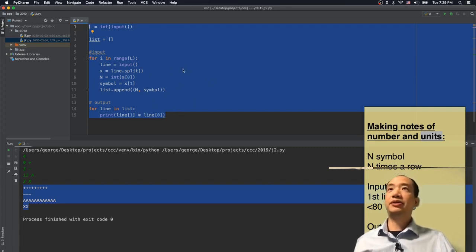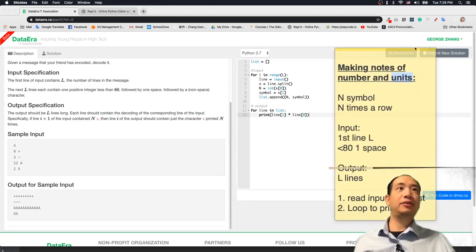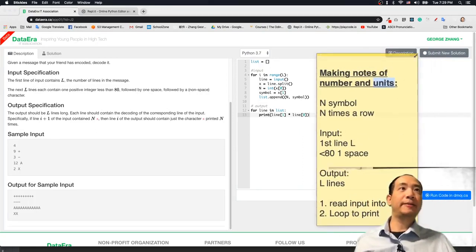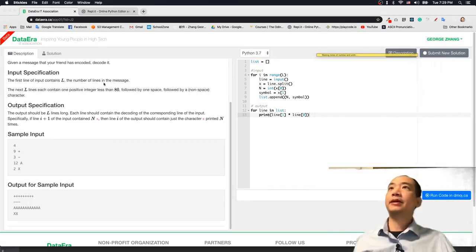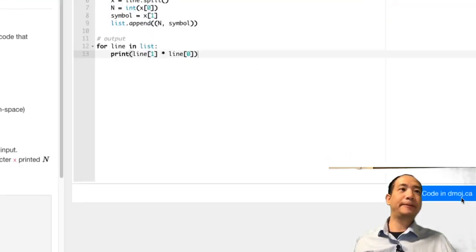Okay. Once you finish the code, I want you to do one more thing. You should always verify your program, right? So if you go to our website called dataerror.ca and you come over to this question, there should be a button called Run Code in dmoj.ca